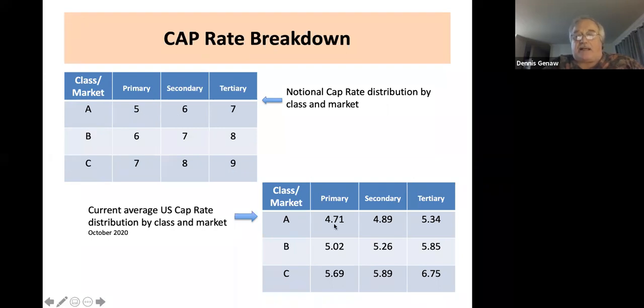We've seen over the last 10 or 12 years a compression of cap rates. They've been going down and down, which means property values are getting greater and greater. And in fact, these numbers are even probably a little too high. I was looking at a C-class property in a C-class neighborhood in Tampa a month ago, and they were quoting me a 4.4% cap rate on a C property that was going to need a lot of upgrade. So depending on what area you're in, what market you're looking at, you're going to see even lower numbers than this. So properties are expensive right now.